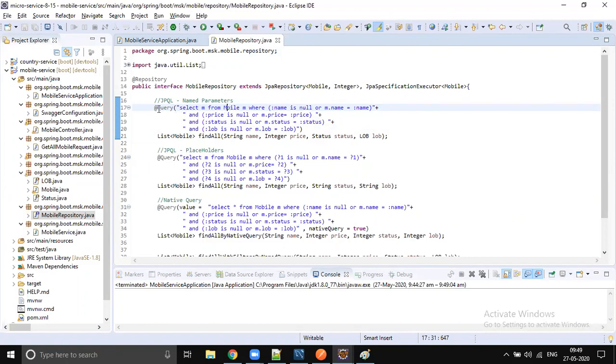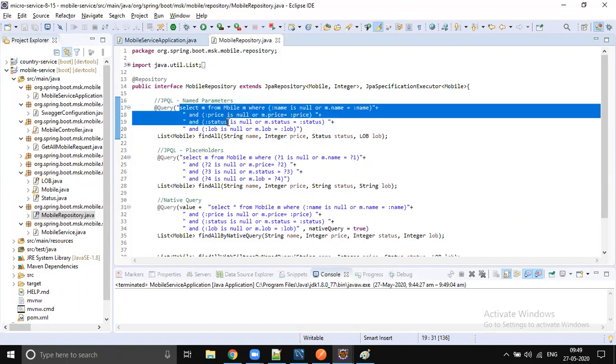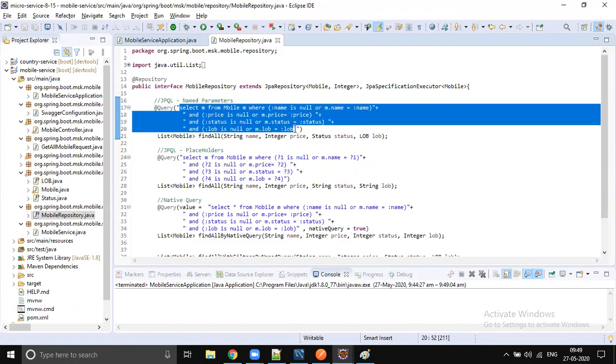At the time of application startup itself, this query will be converted into a prepared statement. So while converting this query into a prepared statement, if anything goes wrong while creating that proxy, it will throw that exception. All the objects will be created at application startup time itself.